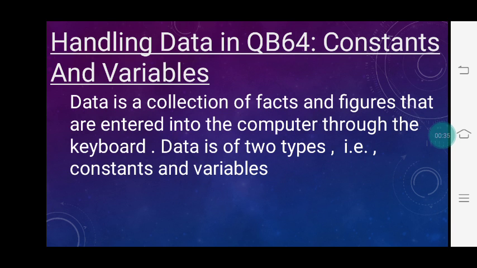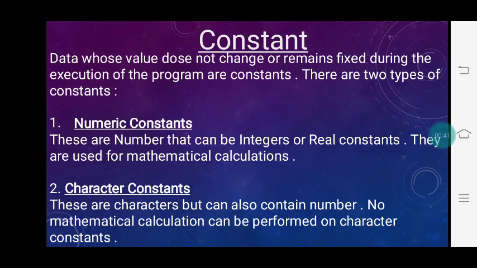Now, data is of two types, constants and variables. Let us see what is a constant. Data whose value does not change or remains fixed during the execution of the program is called a constant. A constant is a quantity that does not change. For example,